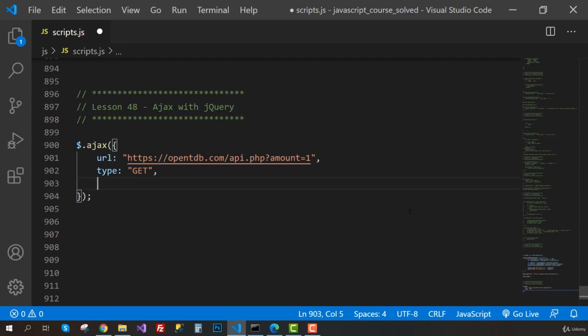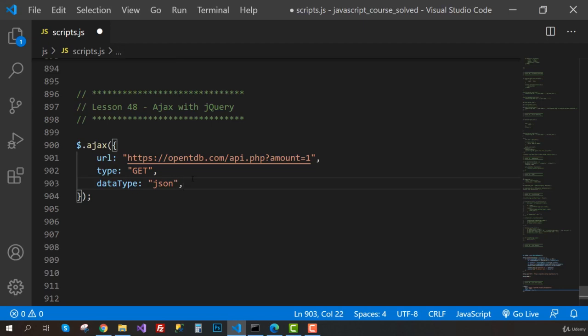Then something super interesting. Let me show you this. If you pass this dataType as JSON, you don't even have to parse the answer because it is going to parse automatically. So we are telling jQuery that we are receiving the response in JSON